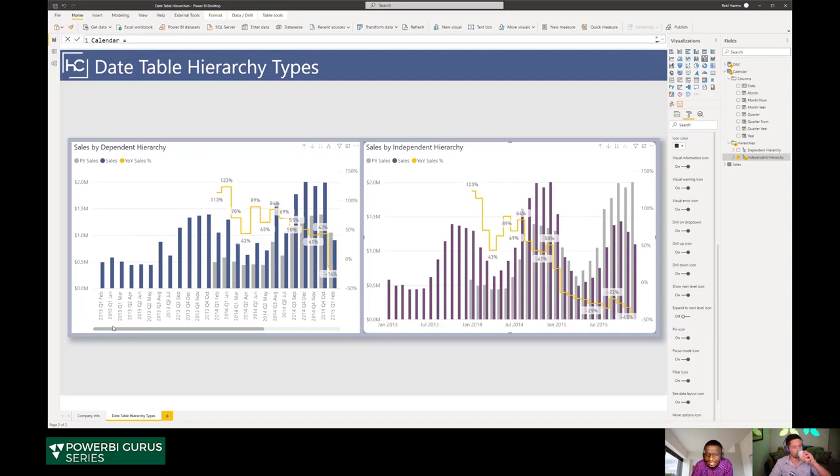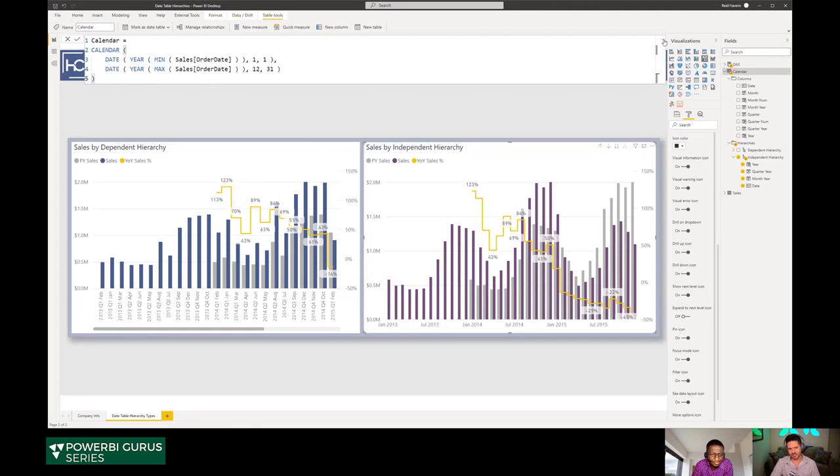Can you go over the independent, how you created that? Yeah, so these are all basically calculated columns. I'll also have another video coming out probably in a few weeks on how to create a calendar table. You can do it in DAX. You can do it in Power Query. Depending on how you want to create it, the best practice that like Marco and Alberto will say is that you want to do it